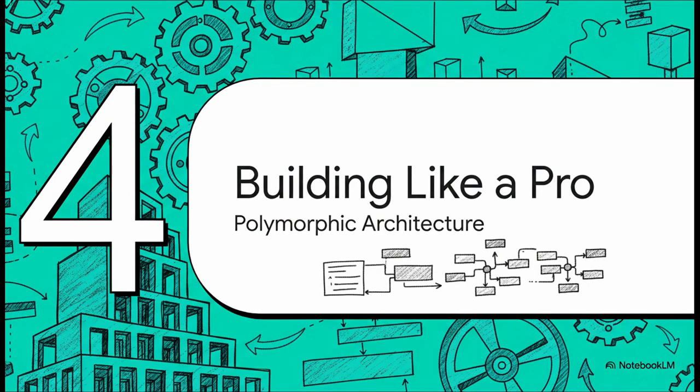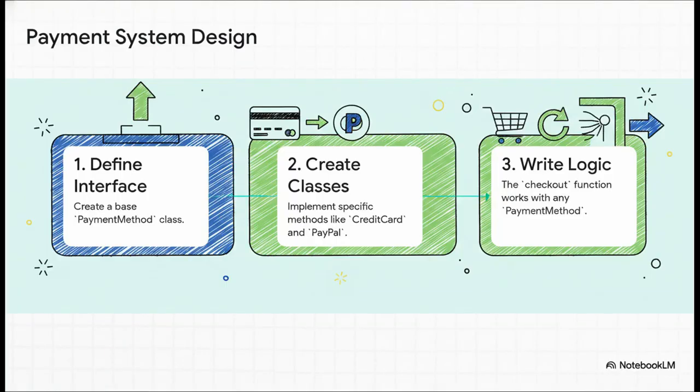Okay, theory is great, but how does this actually help you build better software in the real world? Let's talk about building like a pro, using a polymorphic architecture. So let's say you're building an e-commerce site, right? You need a payment system. The polymorphic way to do this is to, first, define a common interface, maybe a base class called PaymentMethod. Second, you create your specific implementations, like a CreditCard class or a PayPal class. And third, you write your main logic, like your checkout function, so that it works with the general PaymentMethod,